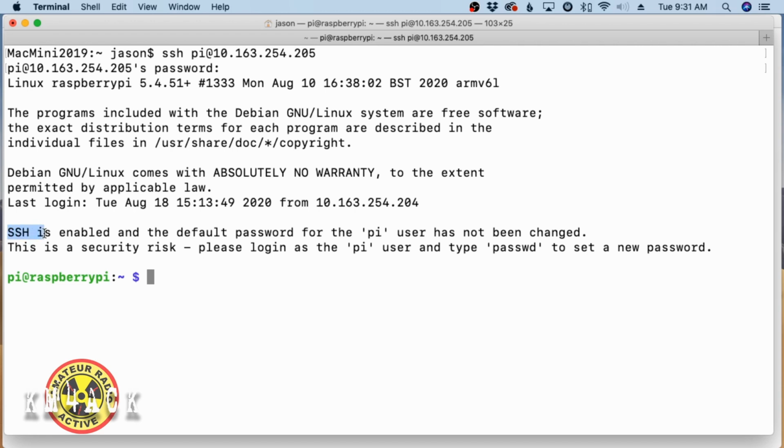First of all, you'll notice right here that SSH is enabled, but I'm still running the default password. So we want to get that changed, and also I want to get this changed so it's not just called Raspberry Pi. If you have multiple Pis on your system, you can quickly become confused. So I'm going to change that to something that makes it a little bit easier for me to recognize on the network. So let's start off with doing sudo